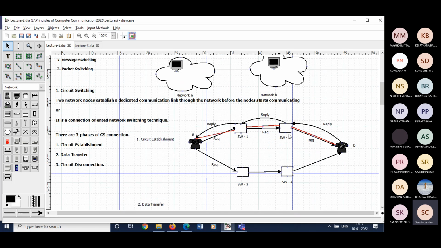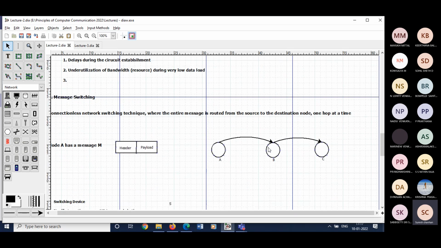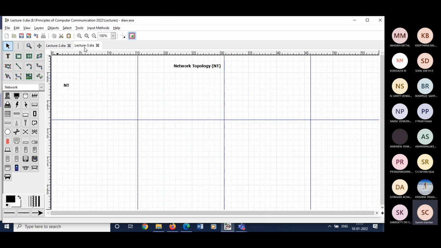So these are like a network. This is one kind of topology we have considered, and this is also one kind of topology, right? So you can write down, network topology is an arrangement of a network